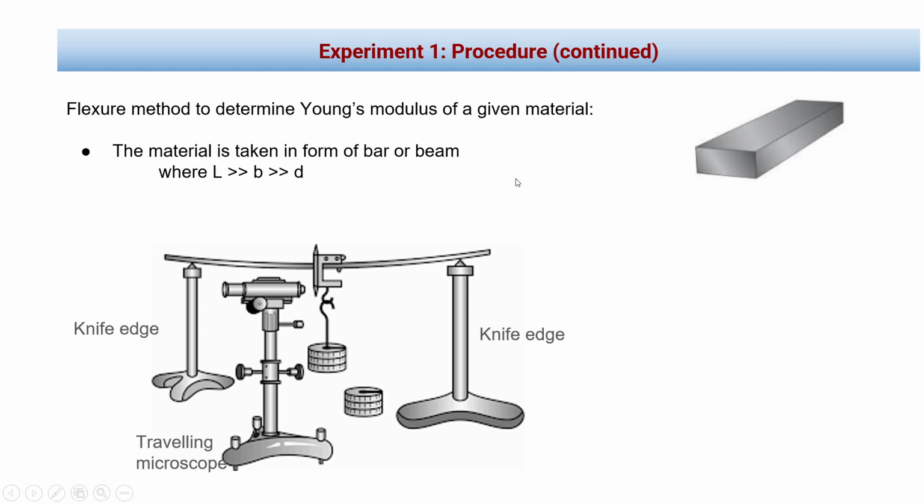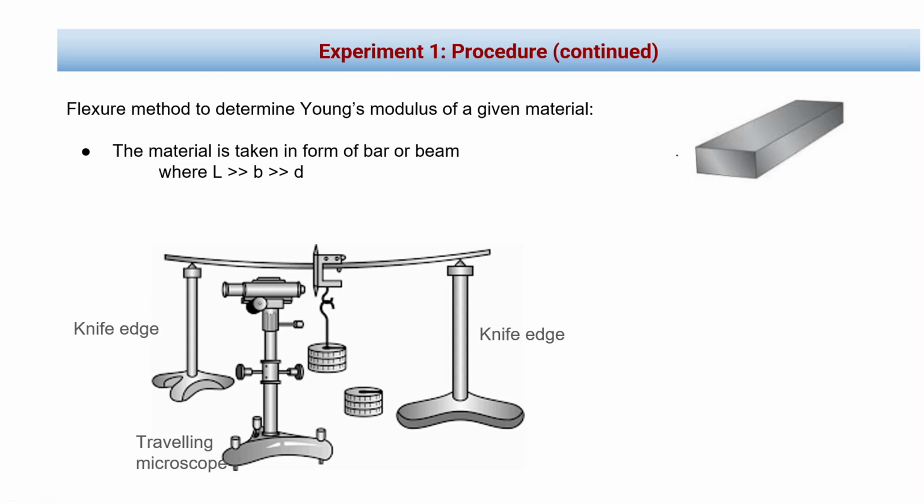So let's move to the flexure method and let's see how it is performed and what is the formula using which we find out the Young's modulus constant. For the flexure method, as we mentioned, the material is taken in the form of a bar or beam, something like this. What we have to keep in mind is, when we take such a bar or beam,